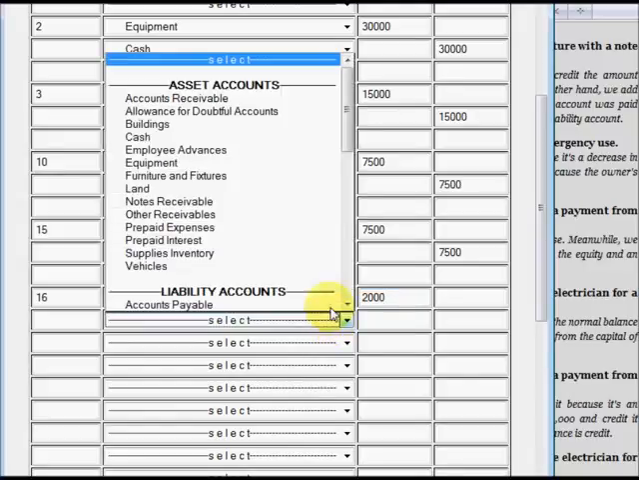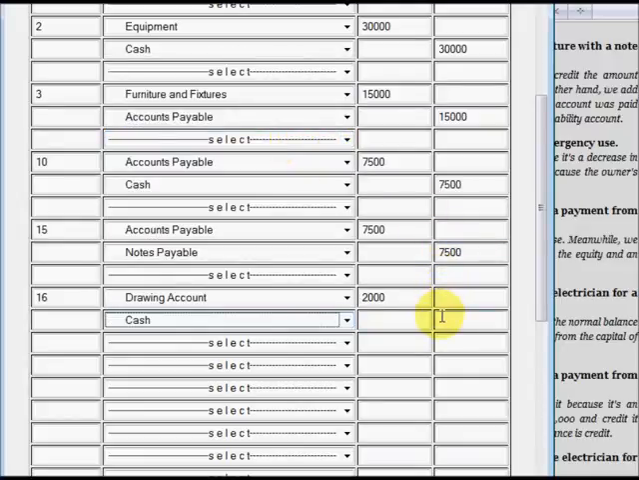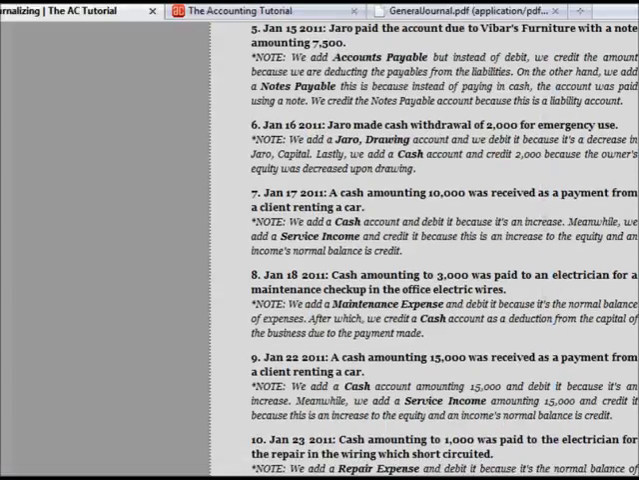Lastly, we add a cash account and credit 2,000 because the owner's equity was decreased upon drawing. Next transaction,